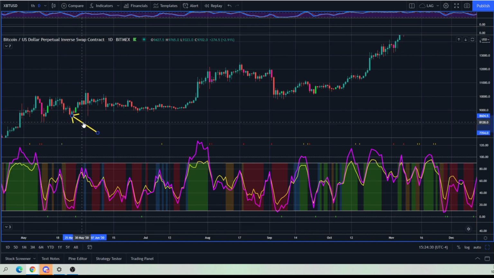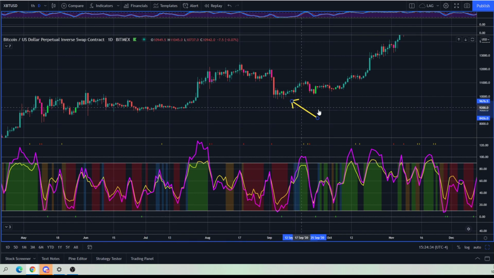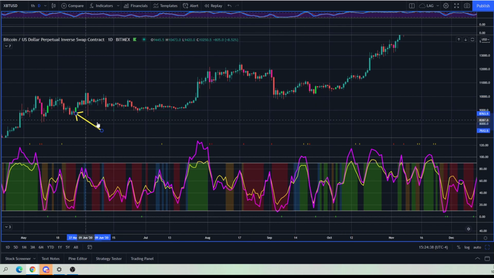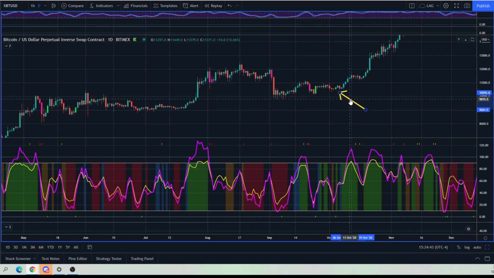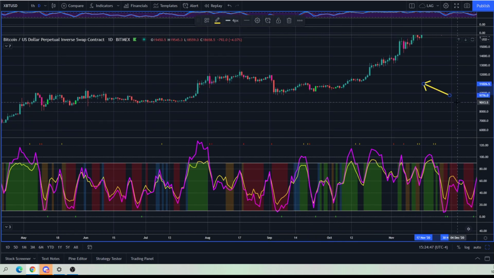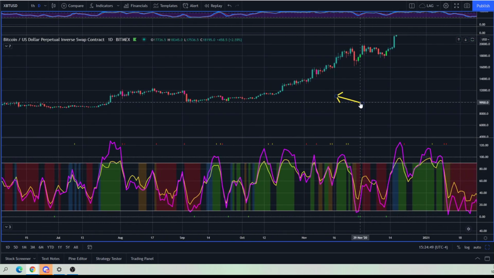So here's your long, and here's your long. These are all qualified longs, as you can see. Here's your long. Here's your long. I missed one right there, by the way. There's your long. So that's 1, 2, 3, 4, 5, 6. That's 4, 5, 6, right? See, higher and higher and higher, which is the key ultimately as far as what creates a qualifying signal. 7, 8,